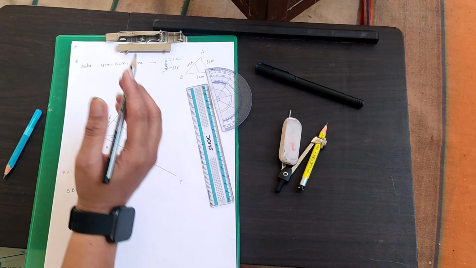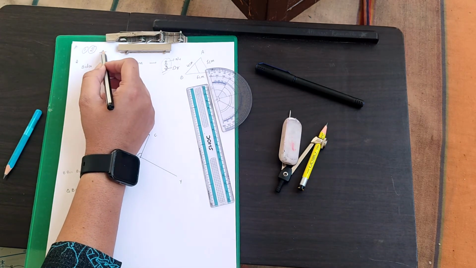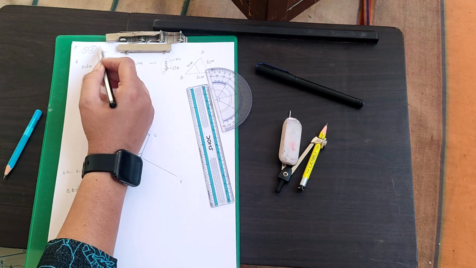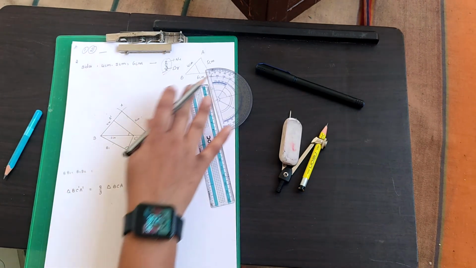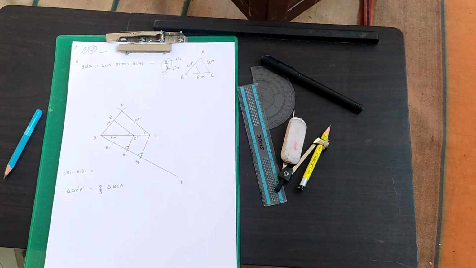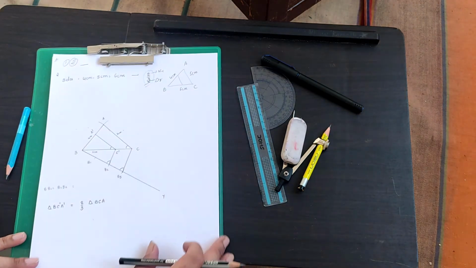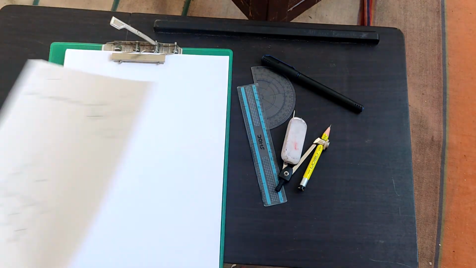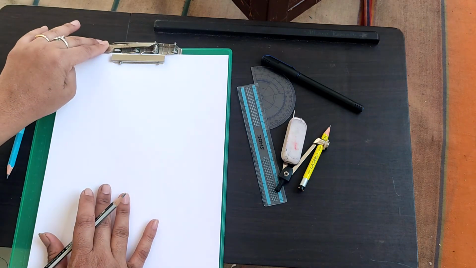I'll be only sending the construction for the first one, second one, and maybe another one, or only for the first and second one, or third one. Remaining you have to just understand how you have done for the previous sums and carry out. Last sum I'll be doing, children, is where the given fraction is corresponding triangle greater than the given triangle. So let's see how to construct that.